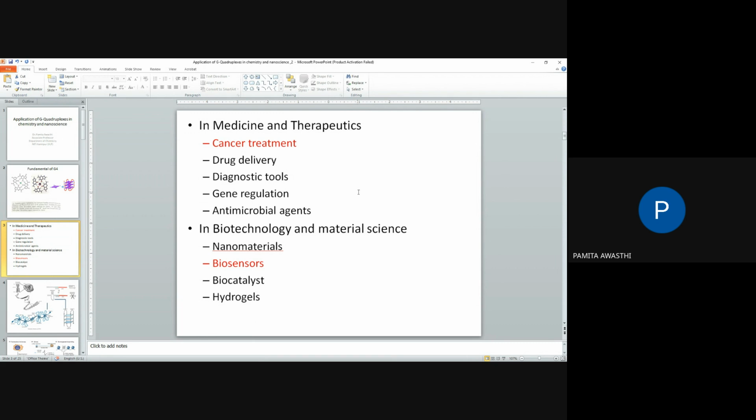I will brief you one by one, but I will take these two, cancer treatment and biosensors, in a more explanatory way with some examples. And our laboratory is working in this particular area, that is cancer treatment, taking quadruplexes as one of the binding or receptor sites. So quadruplexes are attractive agents for cancer therapy, and ligands are designed to target these structures